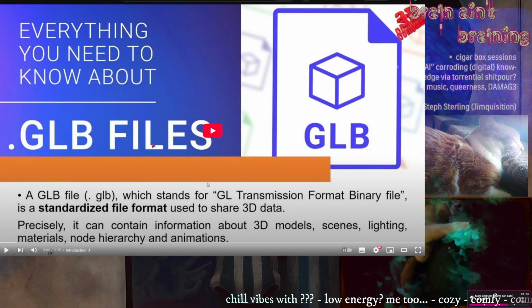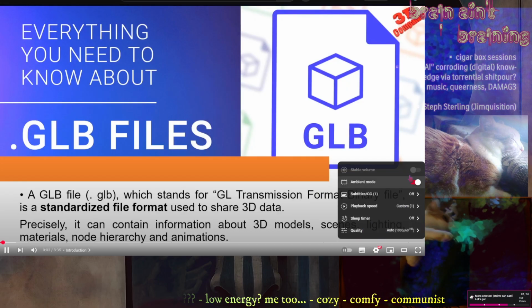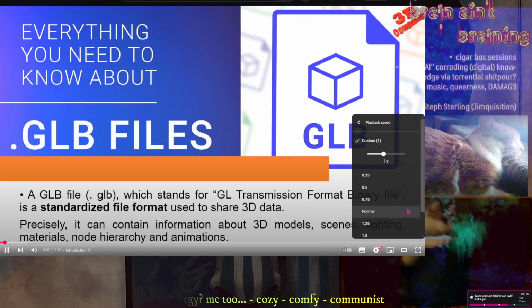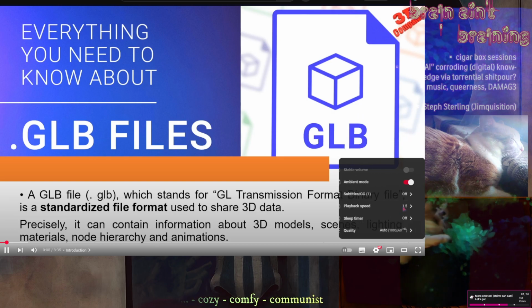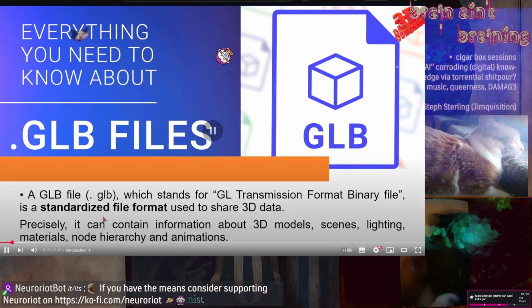if my trick for hearing if it's an AI video is going to work. We will discuss GLB files. So this is a standardized file format used to share 3D data, and it has some advantages over